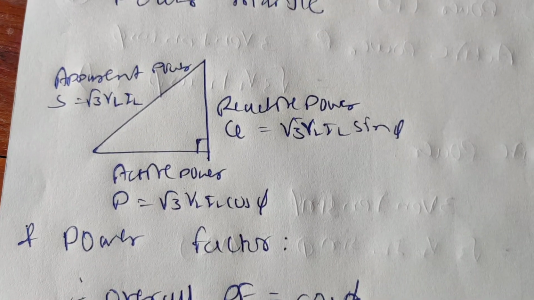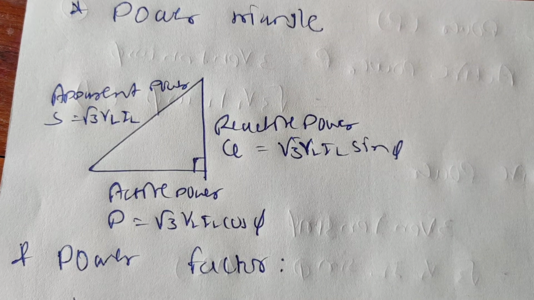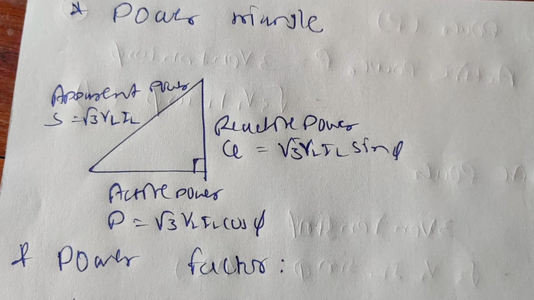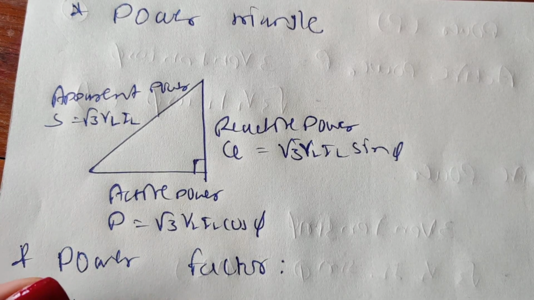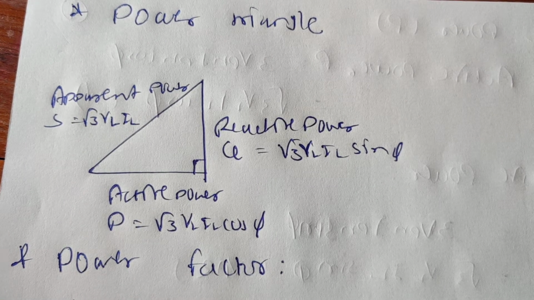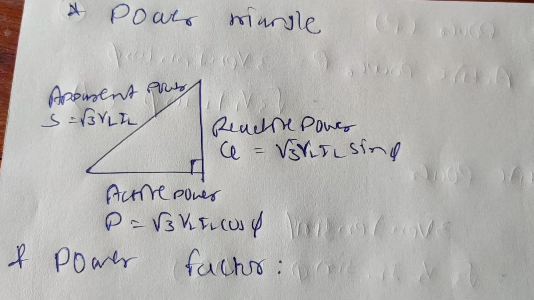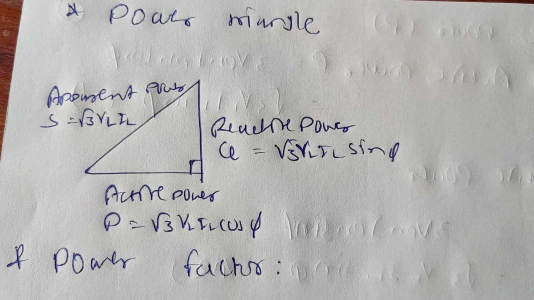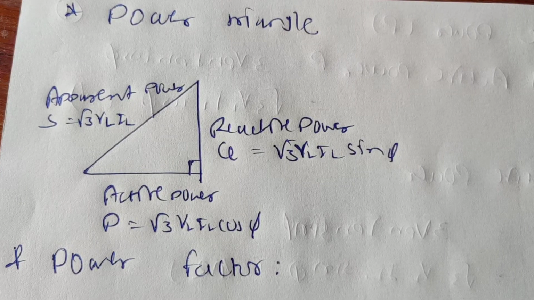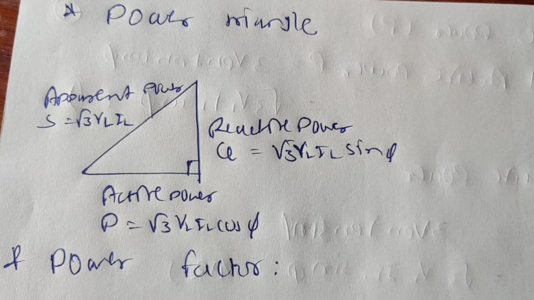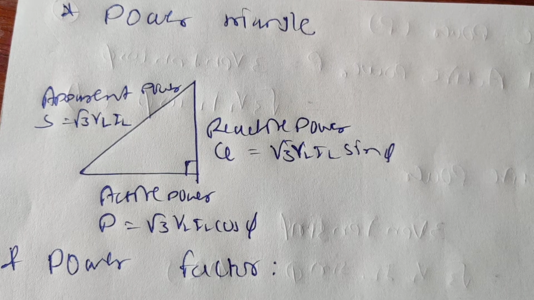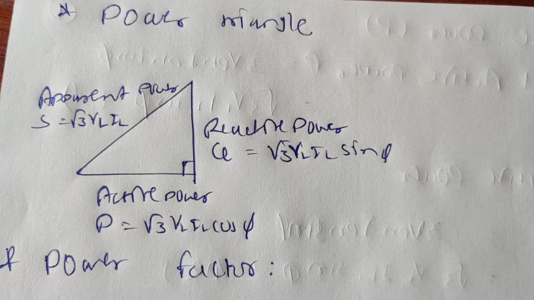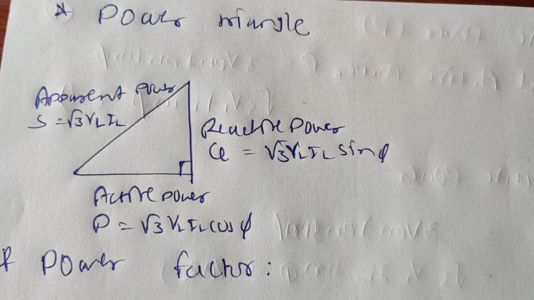Now this is all about the important terms that you need to consider in a three-phase balanced star connected load. The numericals related to the three-phase star connected load are to be considered for the G2 examination, and one needs to consider all the equations related to the balanced star connected load, from the voltage equation to the current equation, power factor, total power consumed, active power and reactive power. All the equations one needs to memorize to solve the numericals.